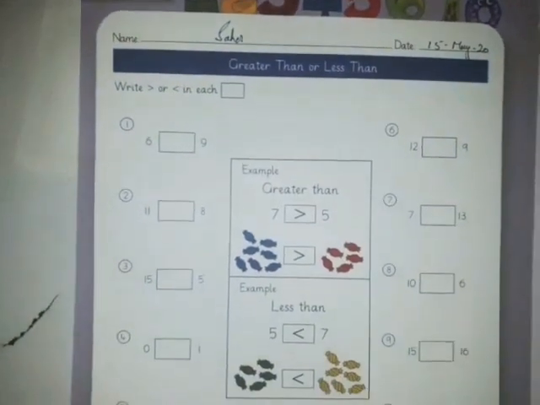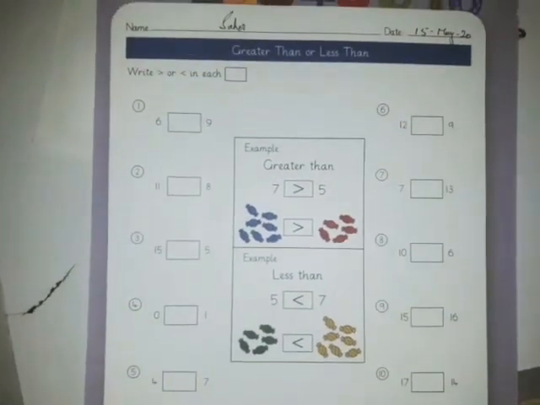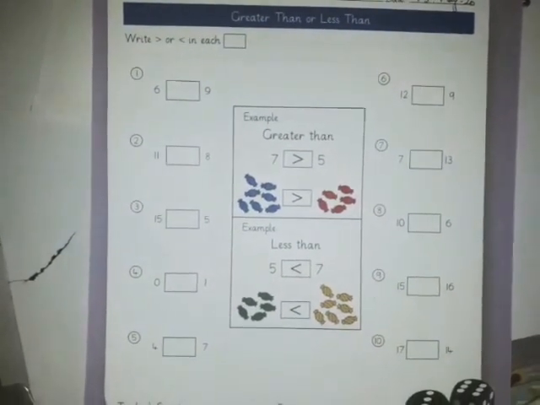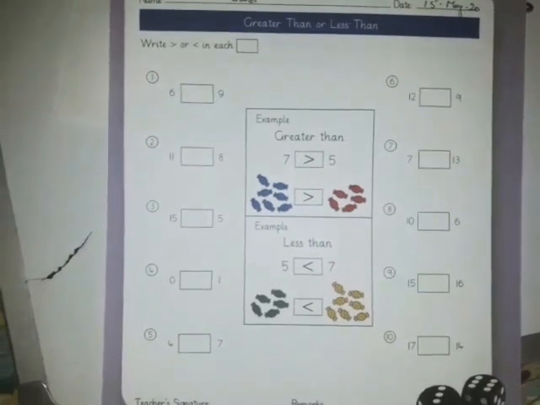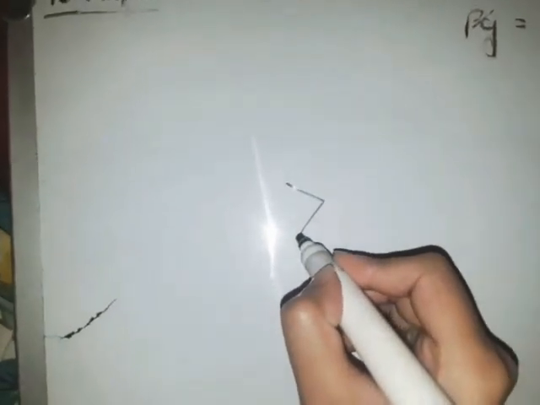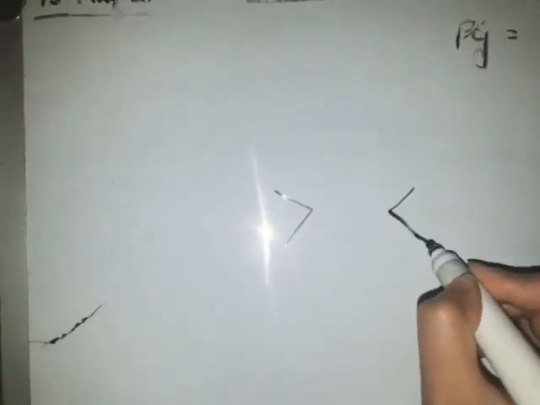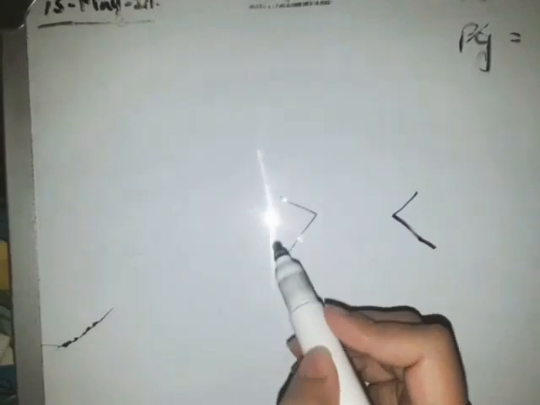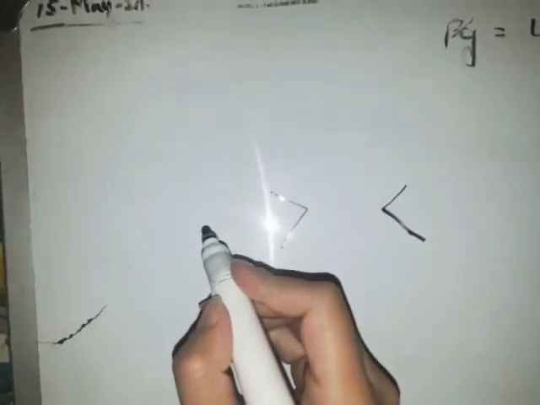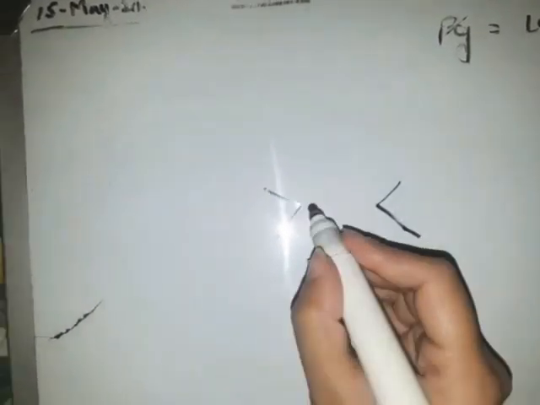Now you have all the boxes between two values. You have to put the symbols in them. Remember one thing. This is the symbol of greater than and this is the symbol of less than. Always remember, the open side will be to the greater value, and this point will be to the less than value. For example,